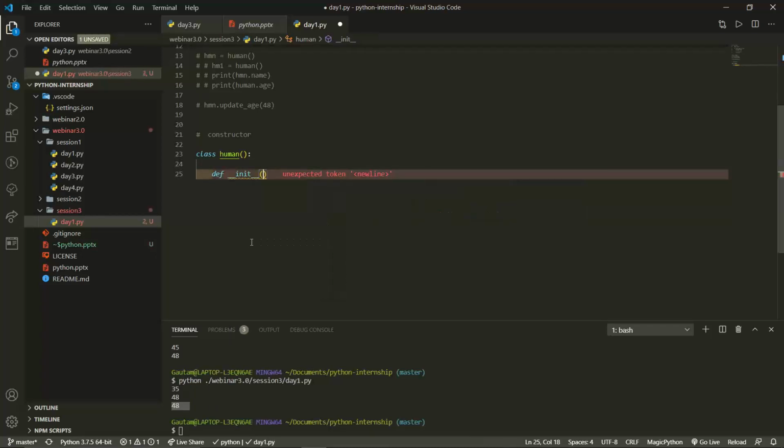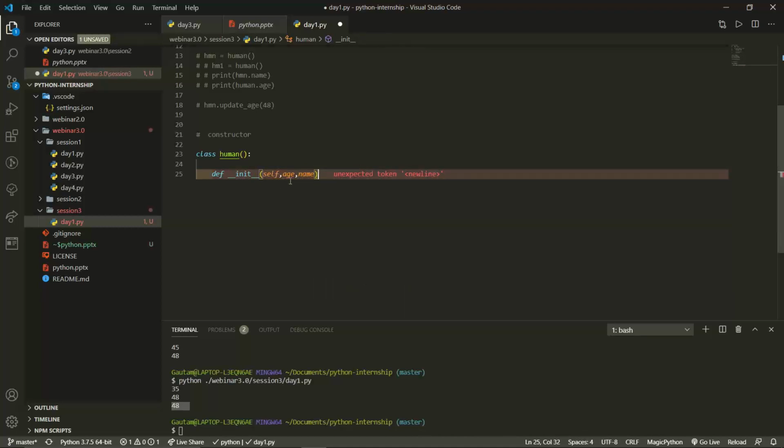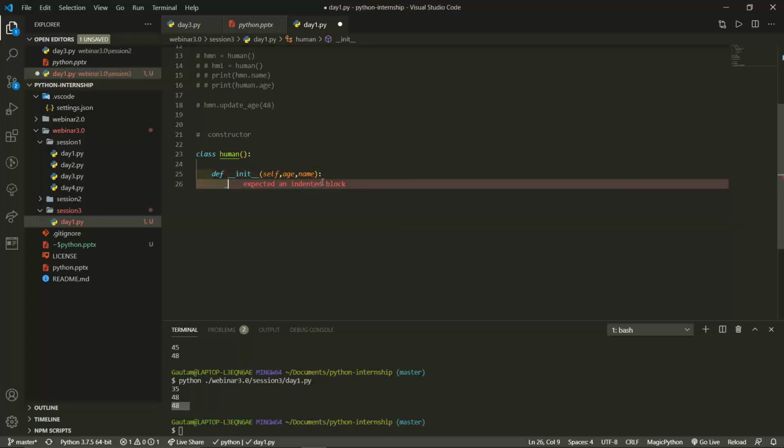This is how we define a constructor, and inside that we'll write the values if you want, like self is the default value. Then if you want to send something, you can send it, or if you want to initialize it, you can initialize it. Like I will get some data, age and name. First I'm getting age and second I'm getting name, and after that I will use it like